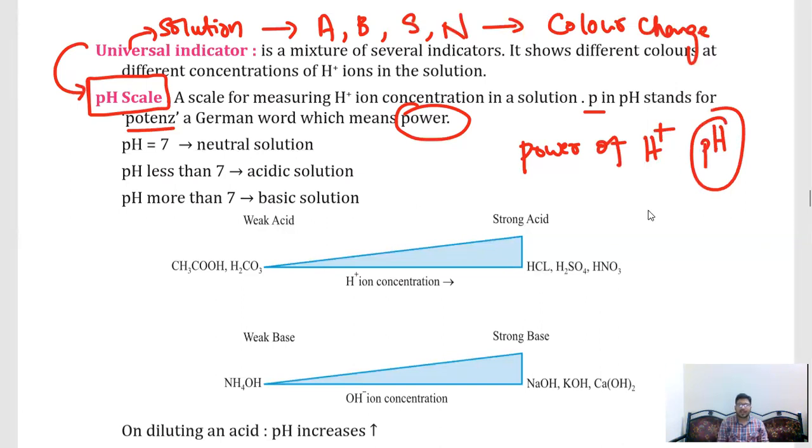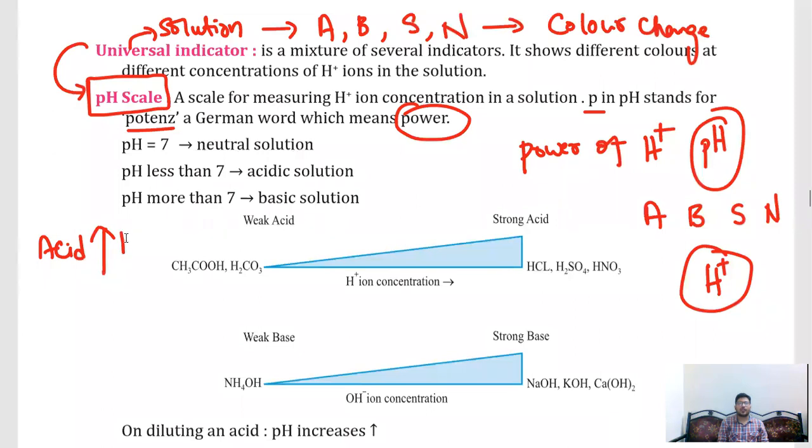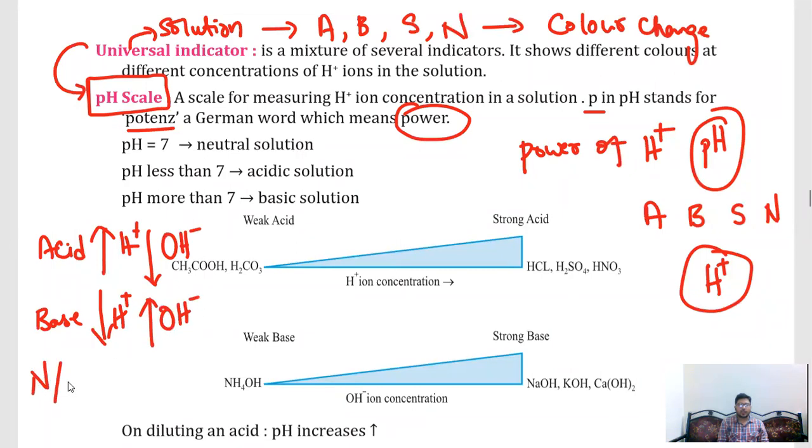By this, what we can say, guys, is that whether it is acid, base, salt, or neutral, all solutions will have H plus ions, but with one condition: acids will have a high amount of H plus ions and the least amount of OH minus ions. Bases will have the least amount of H plus ions and a high amount of OH minus ions. Neutral or salt will have equal amounts of H plus ions and OH minus ions. So whatever you take, all solutions will have H plus ions in common, right?